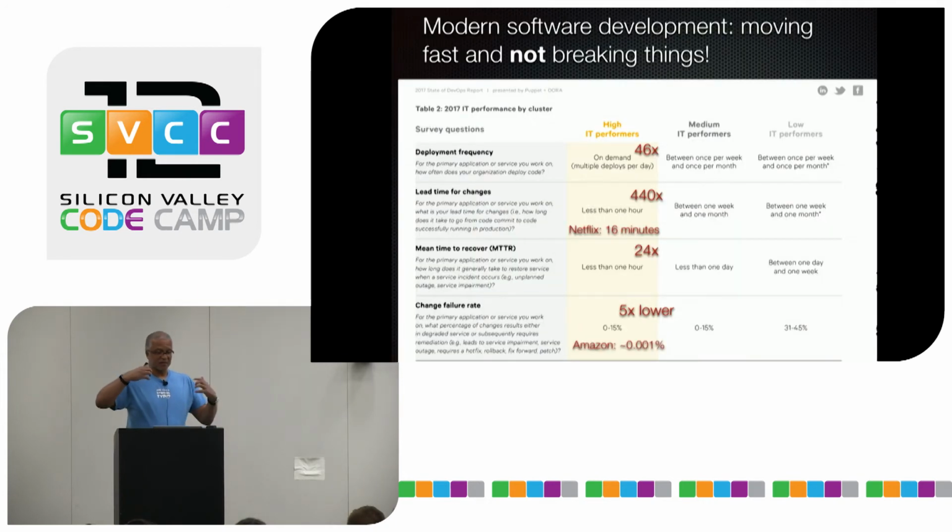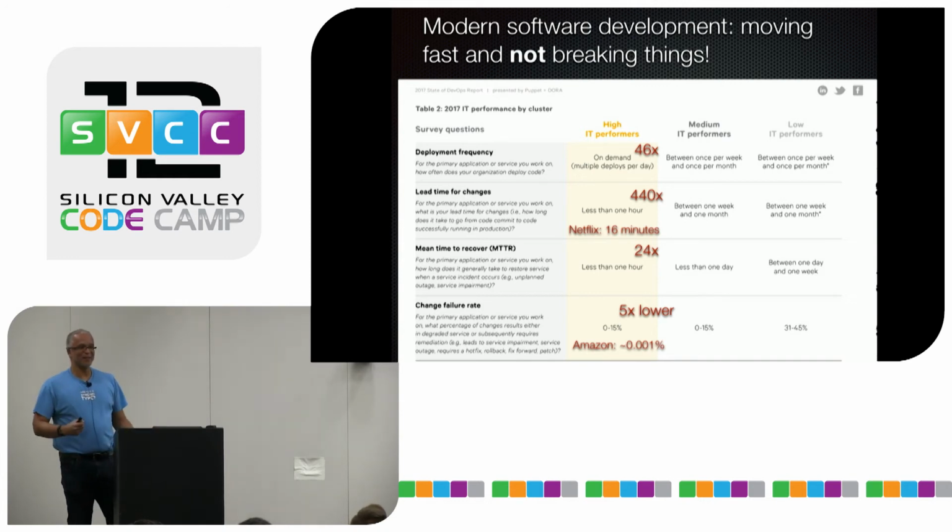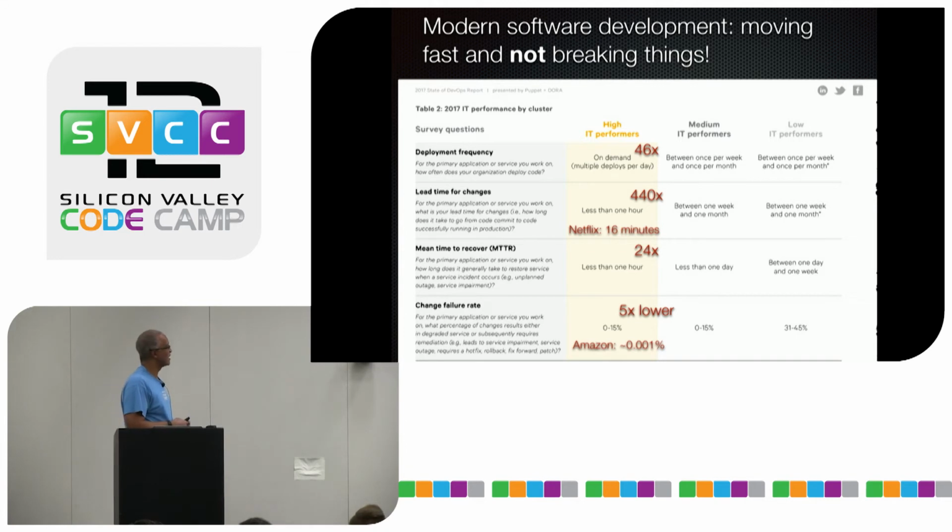And that leads you to being able to achieve state-of-the-art development metrics where you can deploy many times a day. The lead time from committing a change to that change being pushed into production is hopefully less than an hour. So you're moving fast, but you're not breaking things because it supports automated testing. So when you push something into production, you can be pretty confident it's going to work, right? You're not going to have outages.